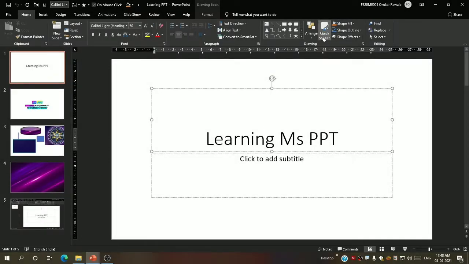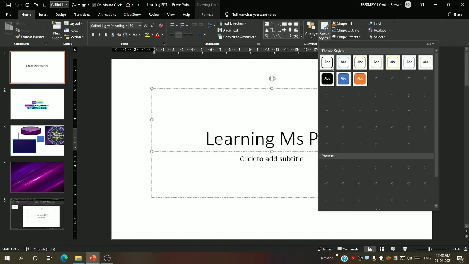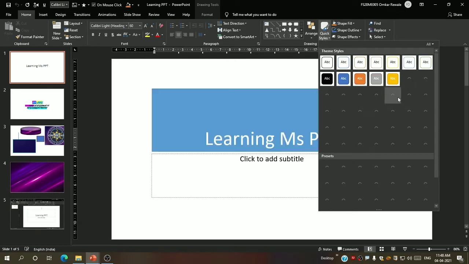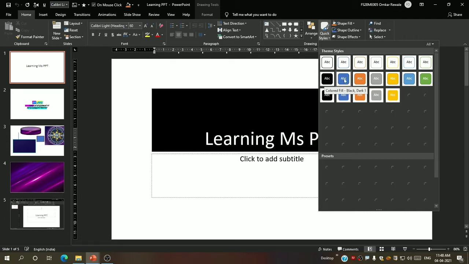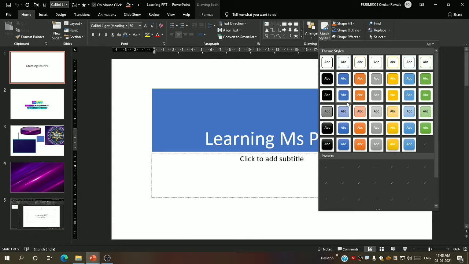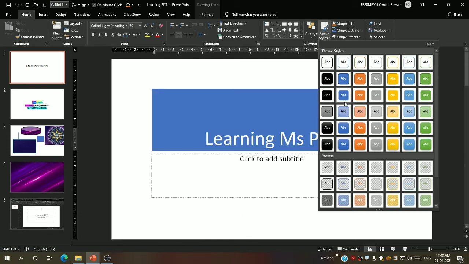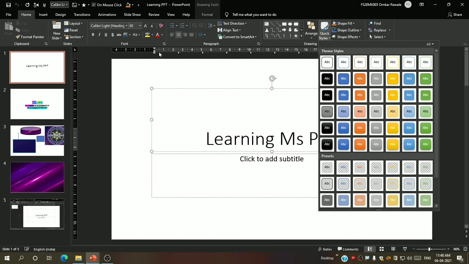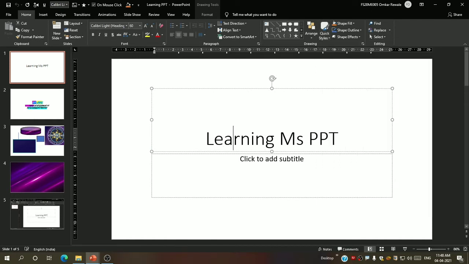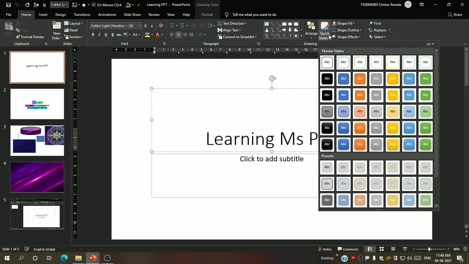So now we will see the quick styles. What are the quick styles? Quick styles are basically some styles which you can apply easily. These are the ready-made styles which are also known as quick styles. It helps us to save our time. We can also do that from shape fill, outline, and text color, but it will consume some time.